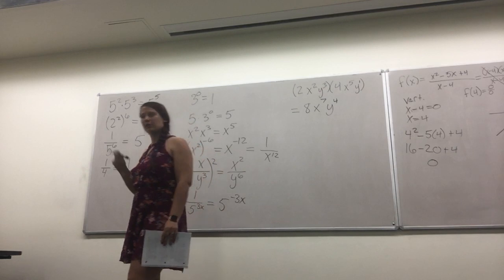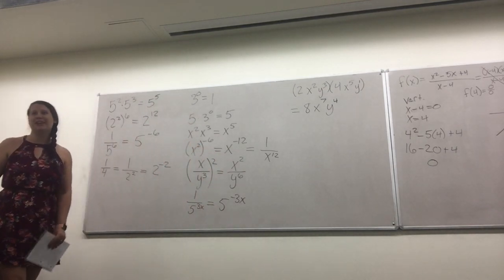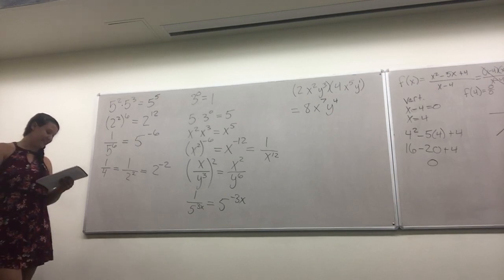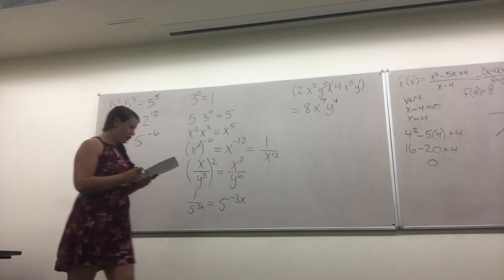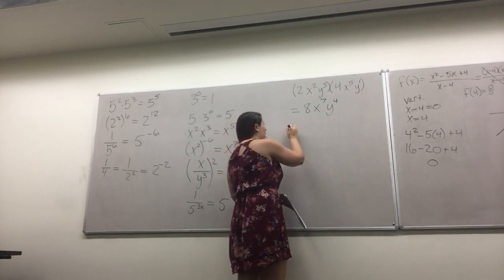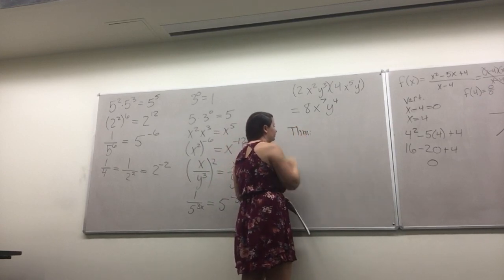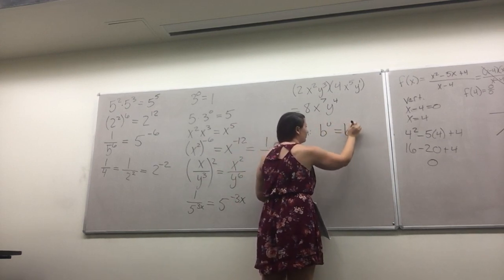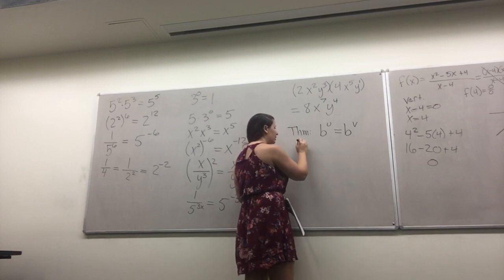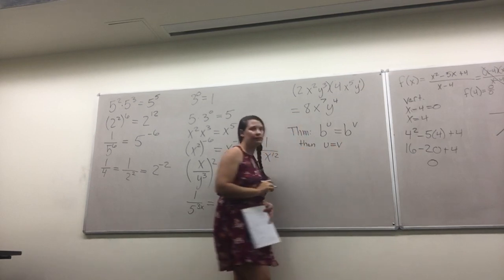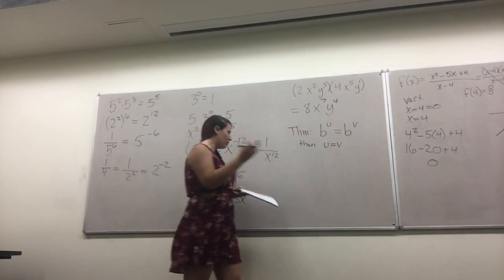Okay, so we just did a whole bunch of exponent rule problems, right? Any questions on any of those? Do y'all make sense? Okay. So, now, if we have this theorem, that if we have b to the u equals b to the v, that means that u equals v, okay? So,